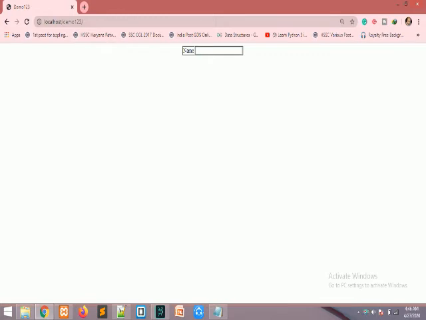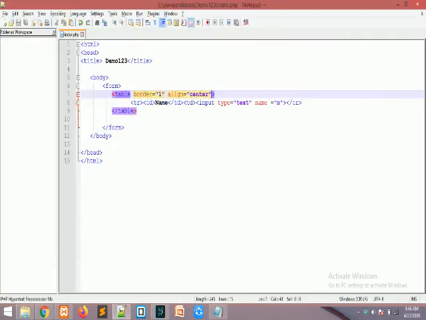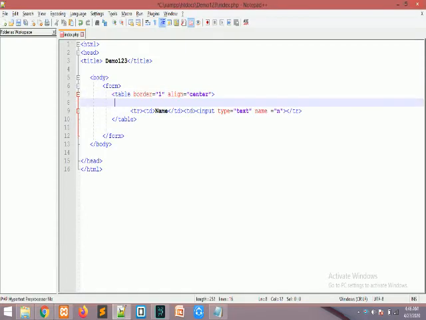Yes, it comes in the center, but here it is showing only name and input, so we also have to give a register form heading. So here we will give an h1 tag, and in between the h1 tag we will write register, and we will also close the h1 tag.